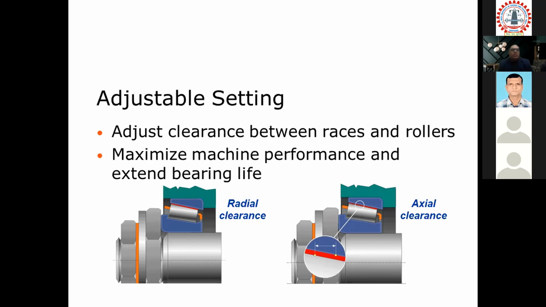So we use bearing steels, which are typically low carbon steels, and they are hardened. Most of the companies use a normal hardening process, but the hardness is also achieved by induction hardening, case carburizing kind of processes. On the surface you achieve a hardness of 58 to 64 Rockwell C